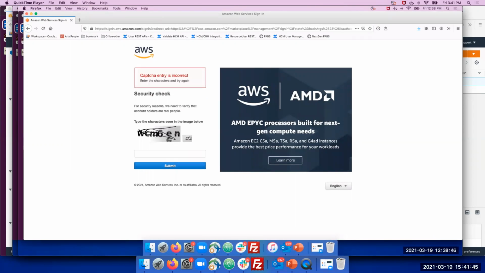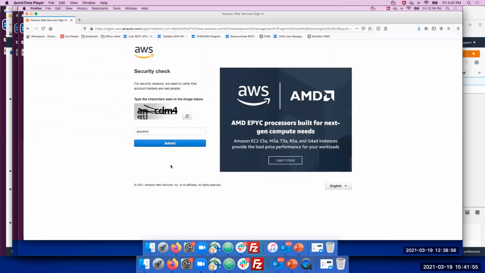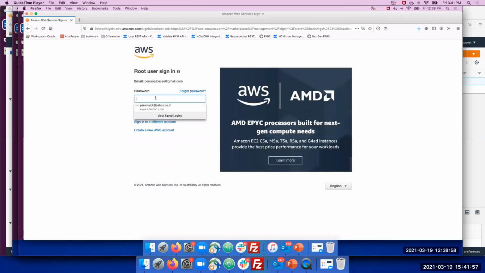I think the captcha is wrong, so I'm trying it again. Now we have to enter the password of the AWS account. I'm entering my password. Sign in.